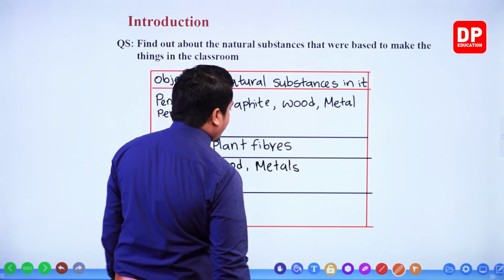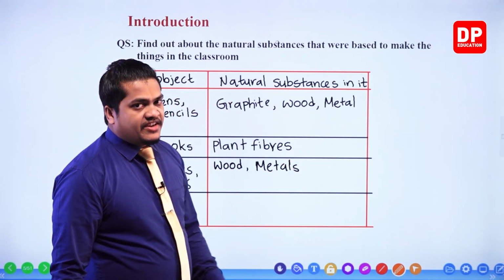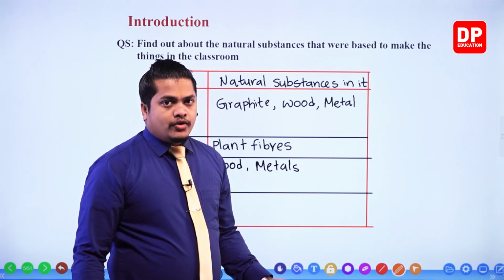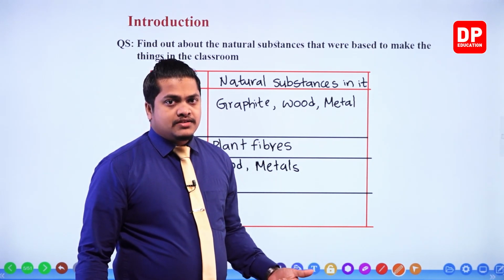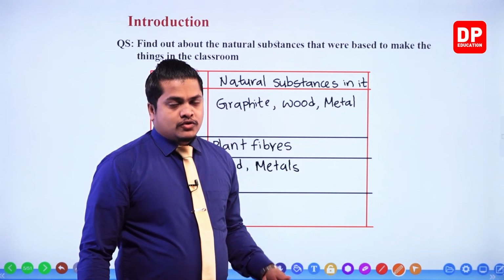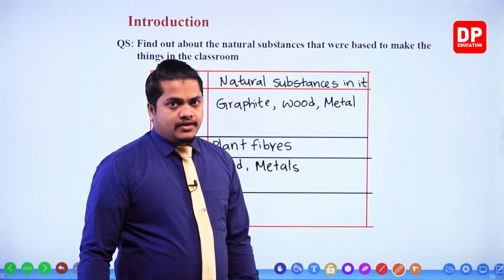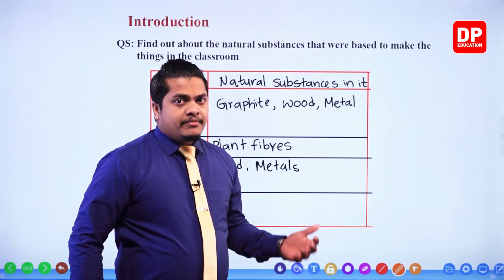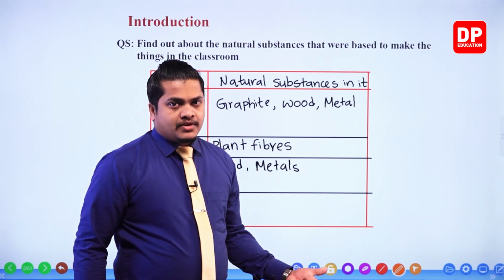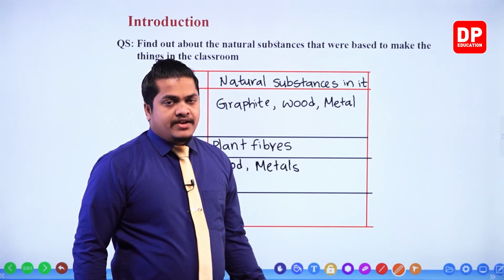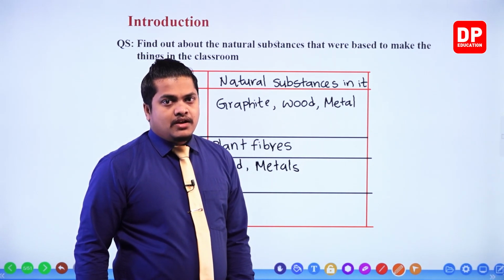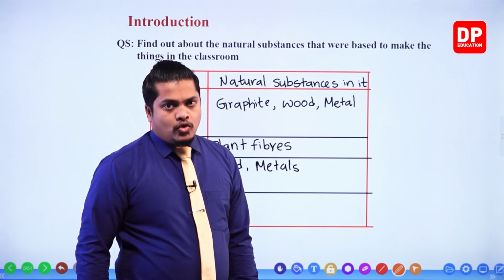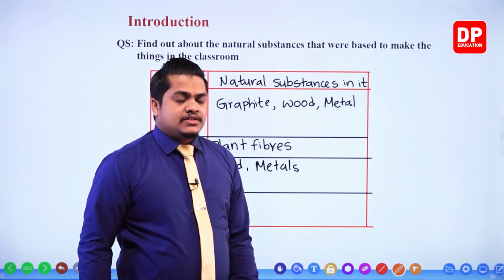Metals are naturally occurring substances. Actually, we dig the earth in order to extract the metals from metallic ores. So within our planet Earth, within the earth crust, my dear children, metals are found. So we have to dig up those things and we have to extract the metal out of the metal ore to get the particular metal. For a certain example,